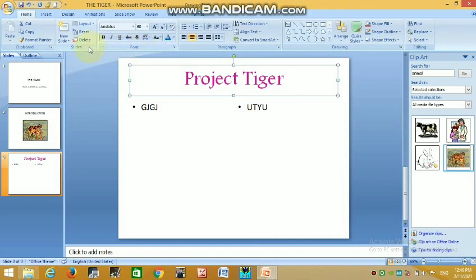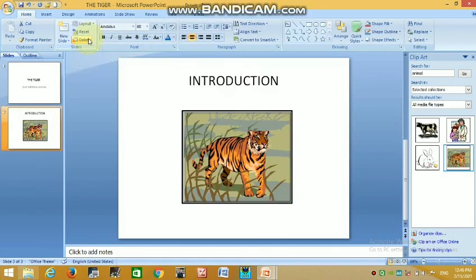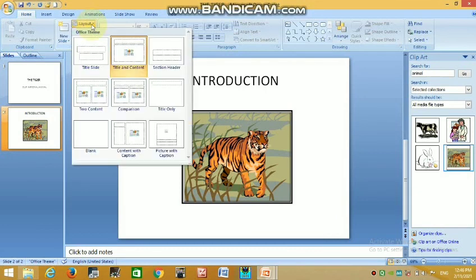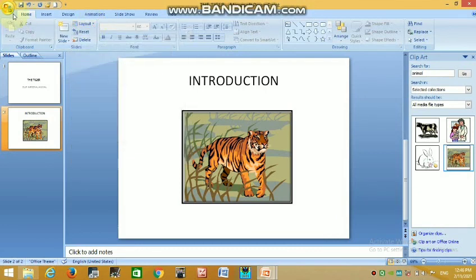This is the slide group. From the home tab you can add a slide, you can delete a slide. If you click on this you can delete your slide, and reset and see the layout option. So from the home tab you can modify your slide in different ways.